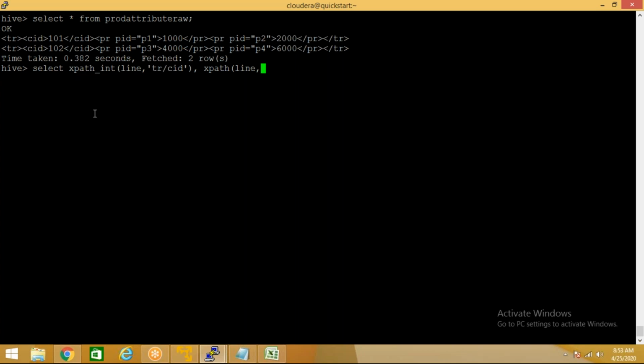Line, tr hyphen pid, text here, XPath, line, PID, whether it is prod attribute raw table. Okay,